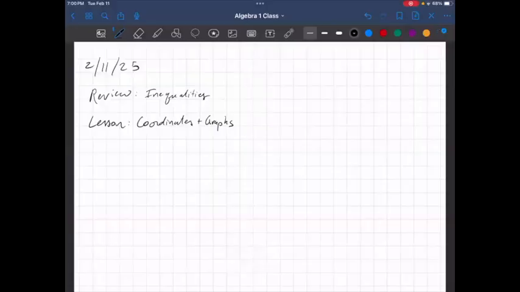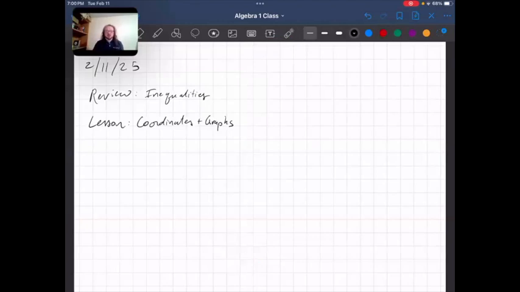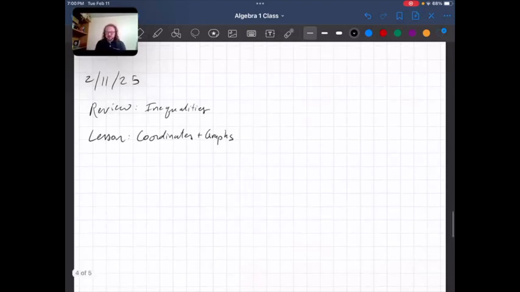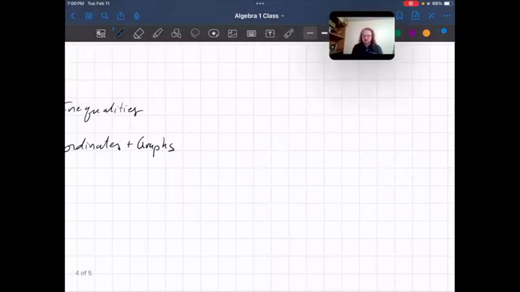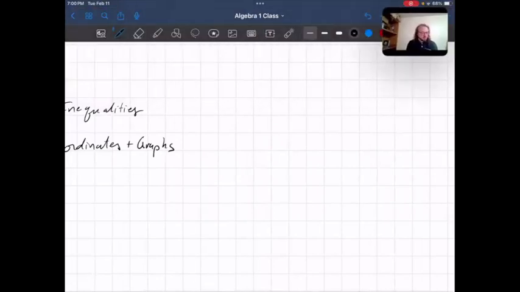Today, we're going to review a couple of the homework problems from what I taught you yesterday, and then we've got a lot to start diving into tonight. So let's start with looking at a couple of the inequalities from our homework. I'm going to pick some of the ones that I think were the tougher problems. So particularly number 19,